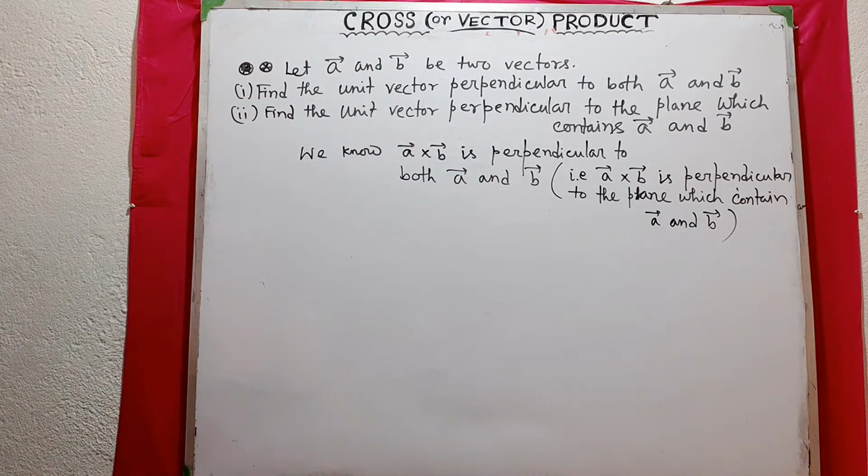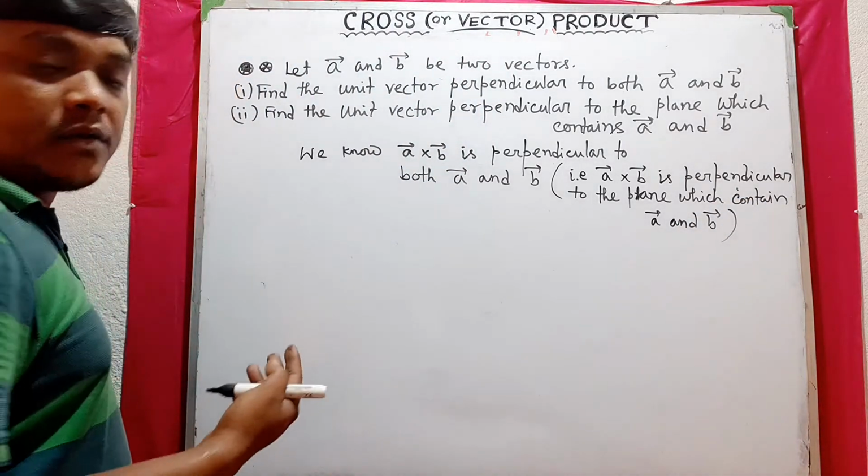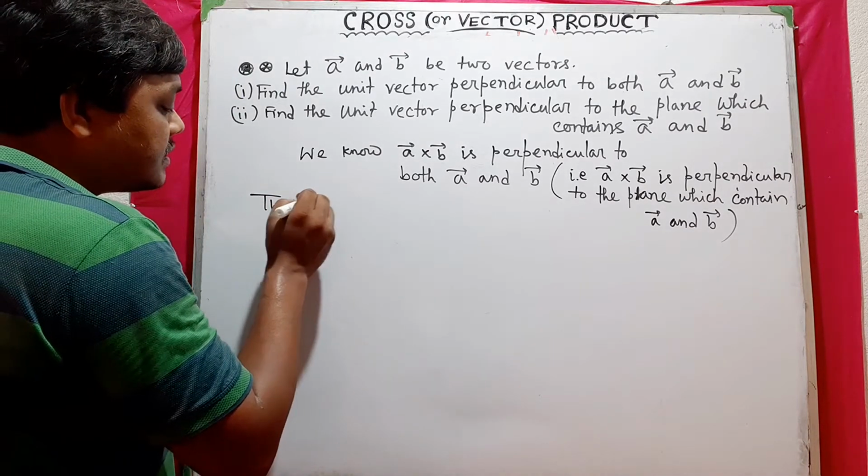So the unit, তাহলে A cross B টাই perpendicular, so the unit vector is